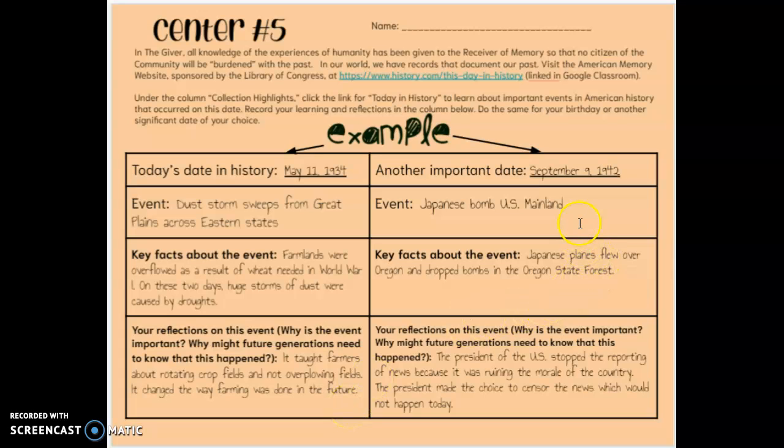The second date I picked was my birthday. And when I went to September 9th, there were lots and lots of different dates to pick from history. So I chose the event that happened in 1942, and you can click the link and read it. The event title said Japanese Bomb U.S. Mainland. So I read it, and I learned that Japanese planes flew over Oregon and dropped bombs in the Oregon